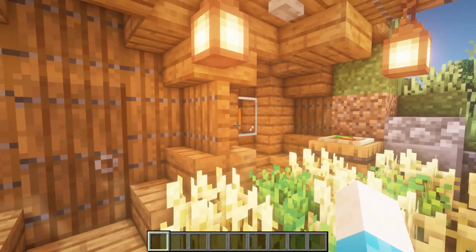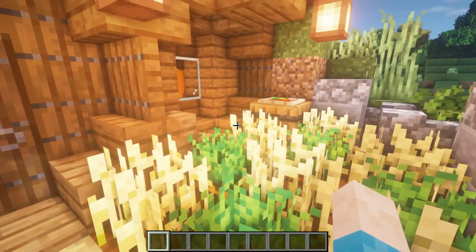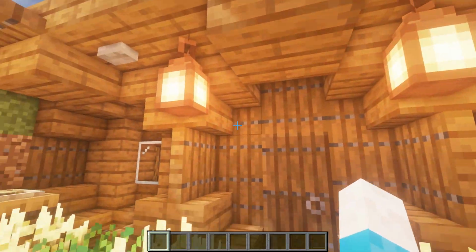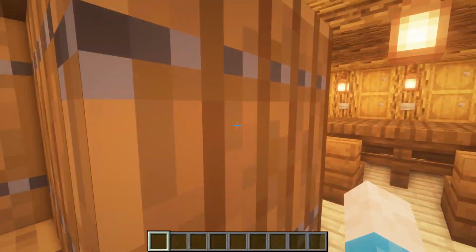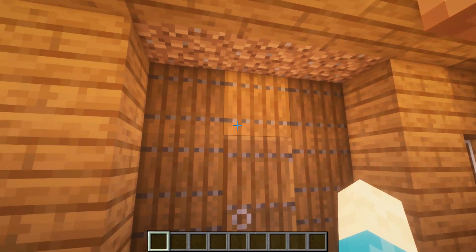Now some trapdoors here. Windows here. Windows are simple and made by circle design. Same with the door, exact same here. This has just got loads of trapdoors behind it, so obviously be careful you don't knock those, otherwise it will